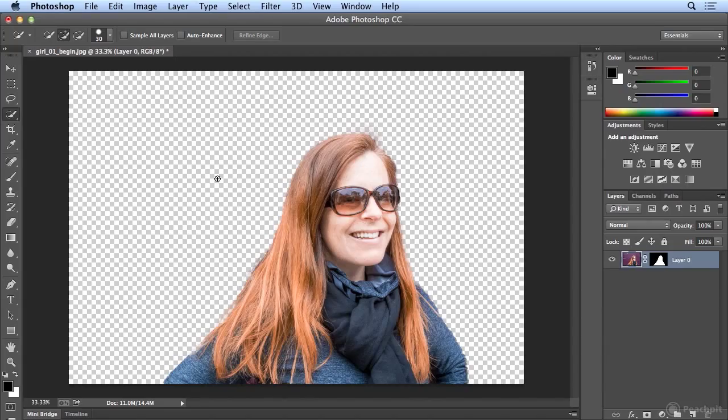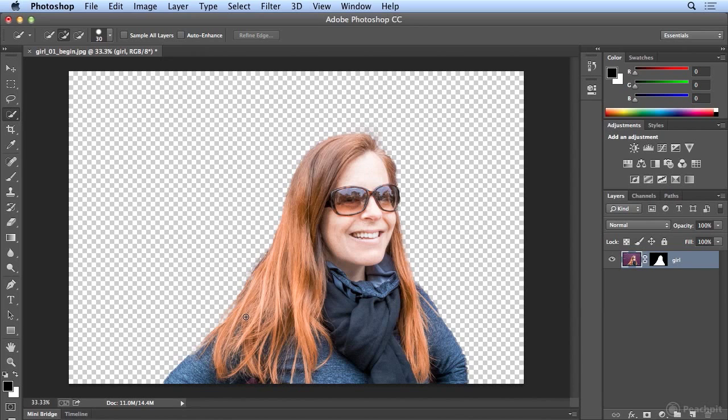And just to be a kind and good Photoshop user, in case someone were to open my file, I will name this layer 0 something more meaningful to me. I'll double-click on layer 0 and name it Girl. And I'll press Return or Enter, and you have successfully removed a background by using the Quick Selection tool to paint a selection into the subject, then using Refine Edge to fine-tune that selection and make it look very realistic and as if there was never any background there to begin with.